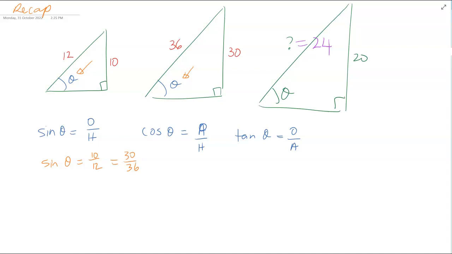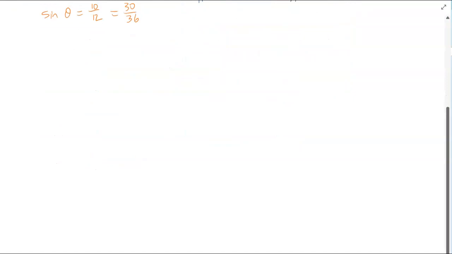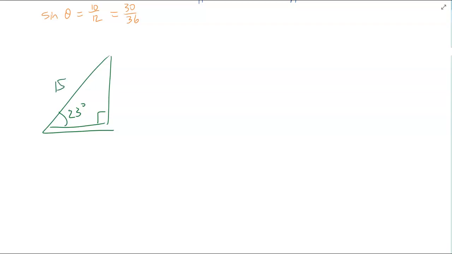So depending on the ratio, whether you have the opposite hypotenuse, whether you have the opposite side adjacent, whichever ratio it is that we've got, there is consistency because they are similar triangles. And so if those ratios are the same, the angles will always be the same. And so then last lesson, we looked at the idea of finding side length. So if I know, let's say that this angle is 23 degrees and this side might be 15,